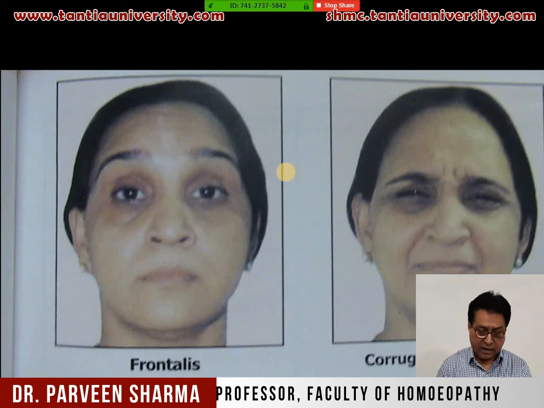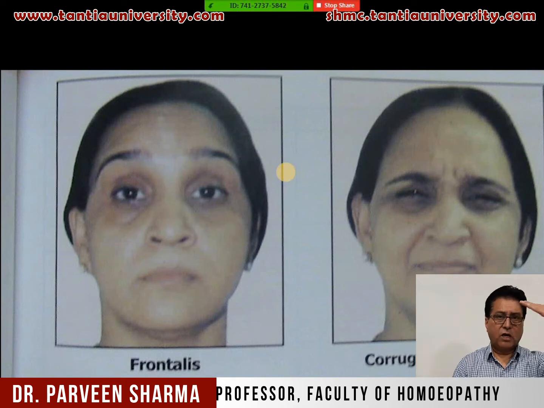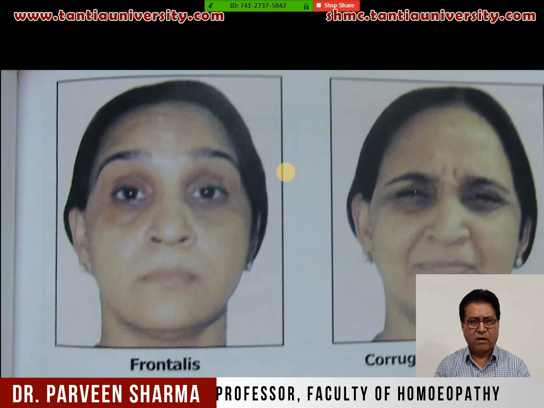You see the frontalis muscle, what does it do? Horizontal wrinkles on the forehead. When you are surprised, there are horizontal wrinkles on the forehead, that is done by frontalis. When you are not happy, frowning, vertical wrinkles are there between your eyebrows, that muscle is corrugator supercilii. Then zygomaticus major and minor. When you are happy, when you smile, when you laugh, your zygomaticus major and minor muscles work. When you are sad, not happy, your depressor anguli oris muscle works.